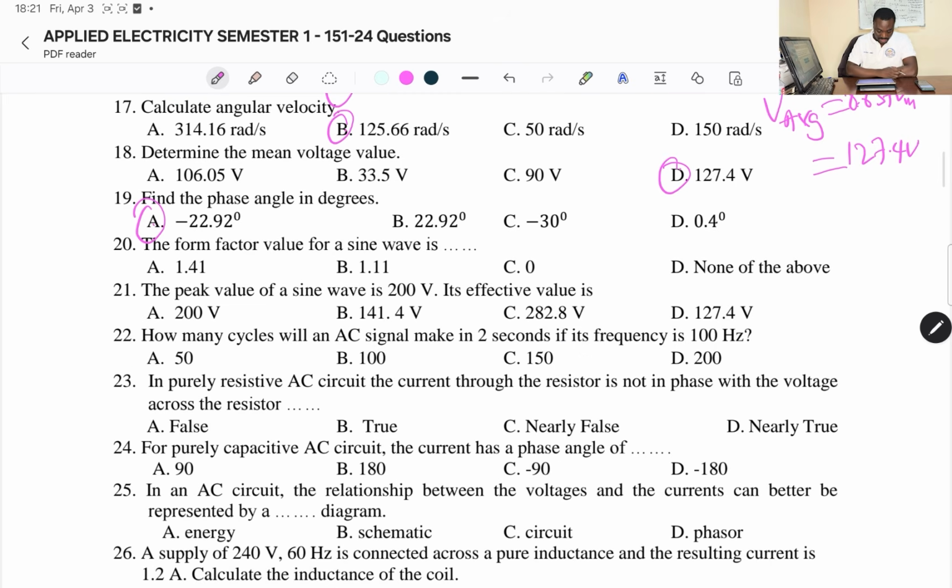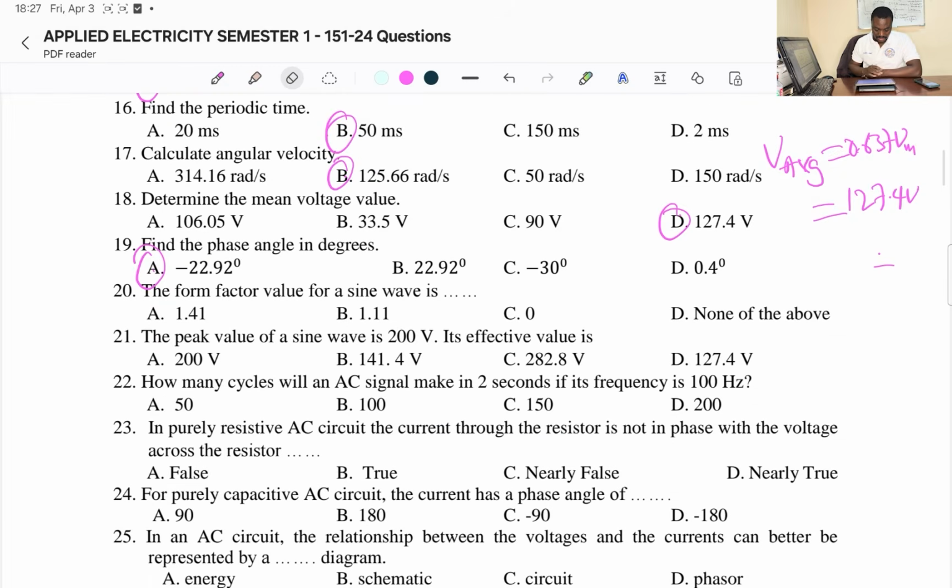Now question 20. So here, when we talk about form factor, right? The form factor is going to be equal to, right? So I think that will go into 1.4. So we have peak factor and form factor. When it comes to a form factor, that is going to be equal to the